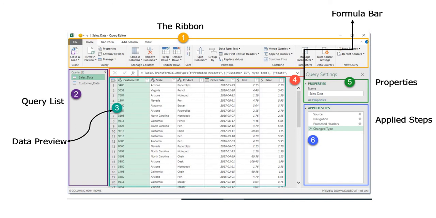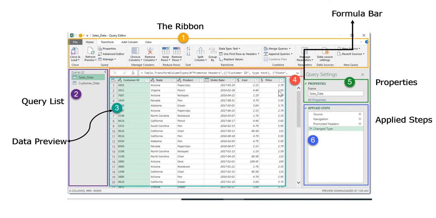So if we see the first one, that's the ribbons. Now ribbons are nothing but something we deal with in our daily life. These are very typical options which we get in PDFs and most of the Microsoft Office applications, like Home, Transform, Add Columns. We will be going through details about Transform, Add Columns and even Home. Then we have Query List. It will be showing you the tables that are loaded in Power BI. Then we have Data Preview. This gives you the entire preview of the data, what all columns are there and what are the types of